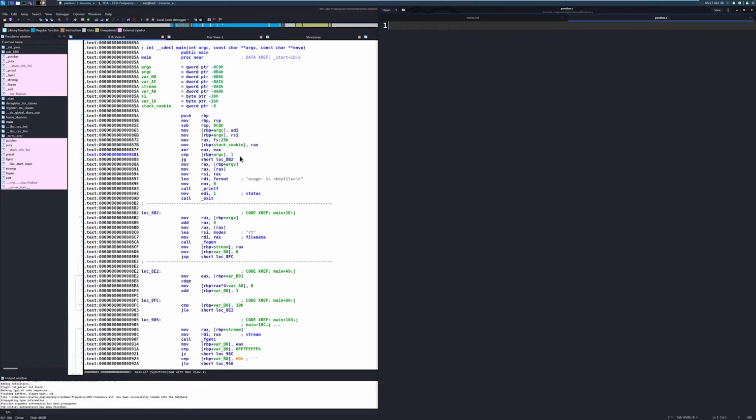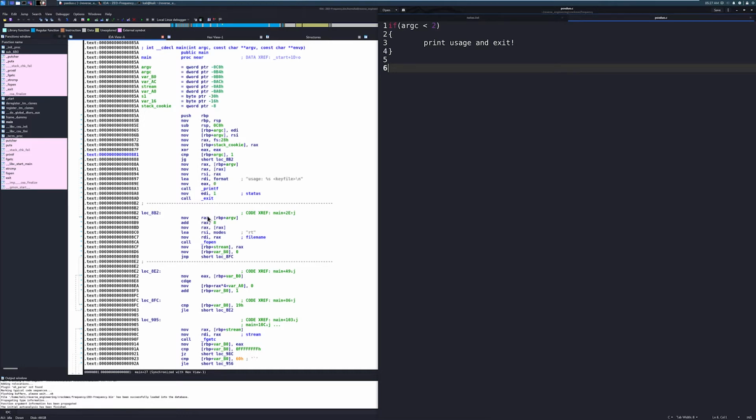And then we see it compares argc with 1, and if it's greater than that, you see that we're going to continue down here and do some code. So that looks like it's argc less than 2. Then we do, I'm just going to say, print usage and exit. Oops, didn't want to do that. All right,